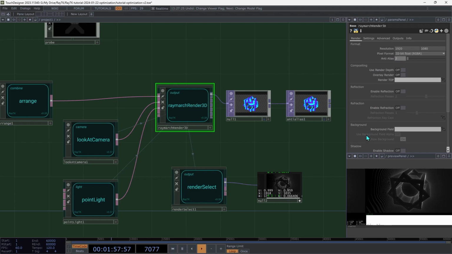An anti-alias setting of 2 means that effectively twice the amount of work is being done every frame to render it. A setting of 4 means 4 times the amount of work. That's because anti-aliasing in the RayMarch Render 3D basically does multiple slightly offset renders per each pixel and then combines